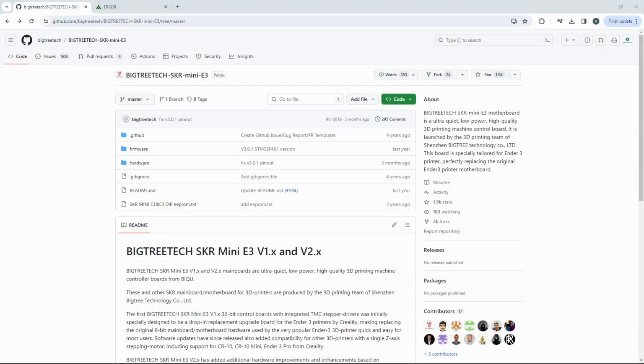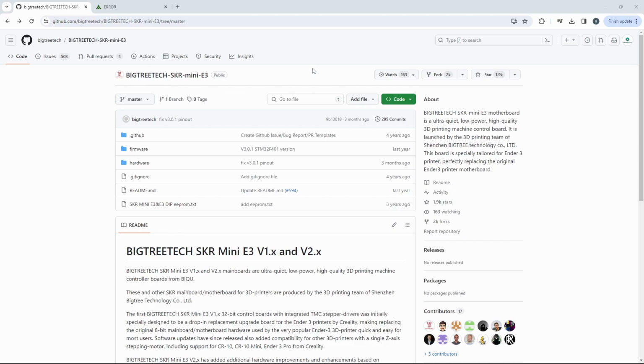All right, so here we are on my PC, and the first thing you want to do when you're flashing Klipper to your main board is go to your manufacturer's GitHub website. For the most part, it's going to be Bigtree Tech, but it could be MKS or maybe FYSETC or something like that. What we're doing right now is setting the Rook up with the SKR Mini E3. That's the spec for the Rook. So I went to Bigtree Tech's GitHub, and you can see here we are on the SKR Mini E3